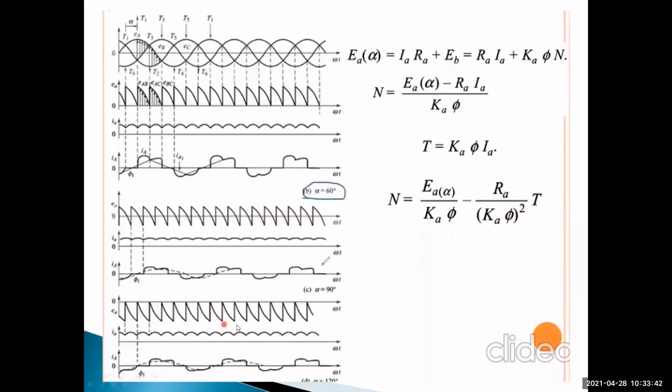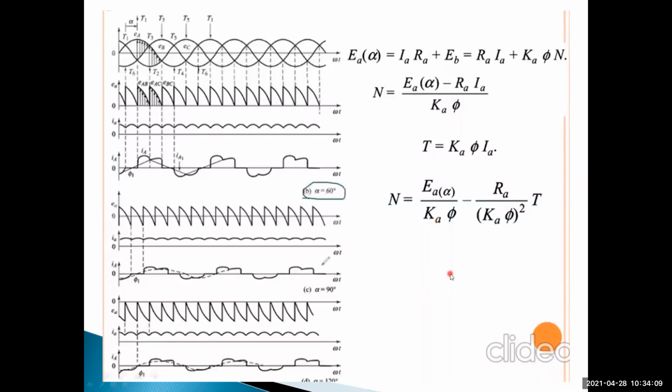So it is completely acting as a generator. Here, up to 60 degrees it acts in motor mode, and above 60 degrees onwards we get motoring and generating. I've already explained this. This is the output speed versus torque characteristics in the form of equations. Here n is equal to (a into alpha minus I into r) divided by k into pi. Torque is equal to k into pi into I. You know these relations.